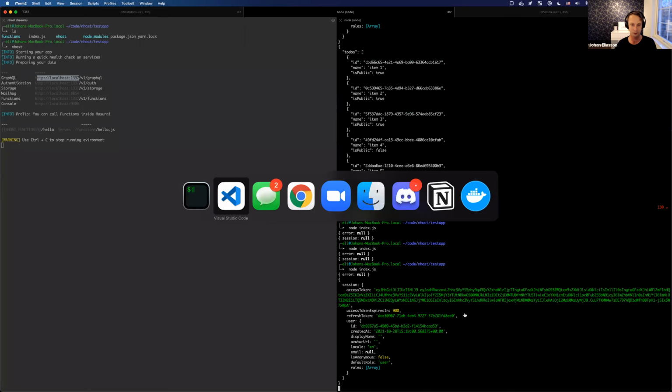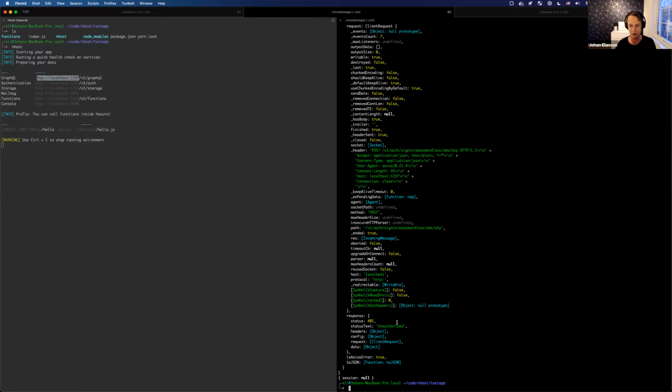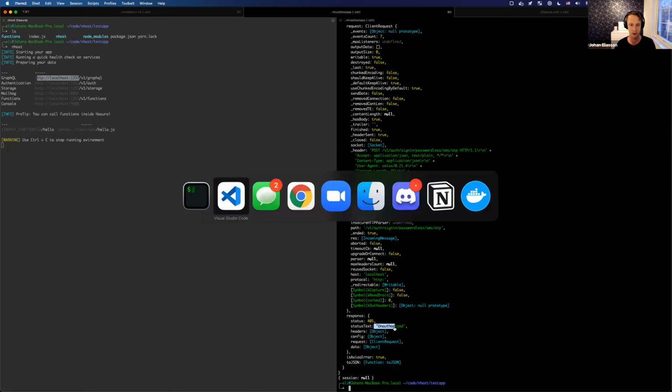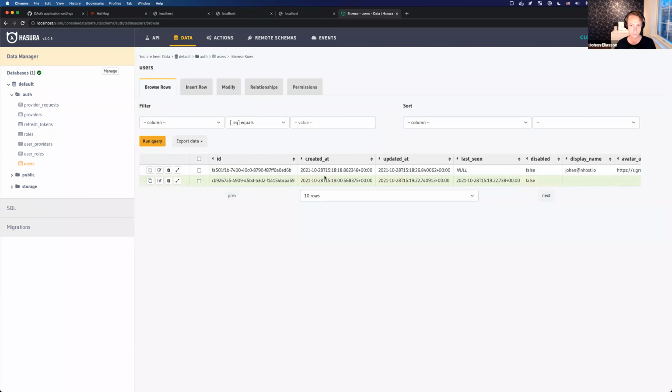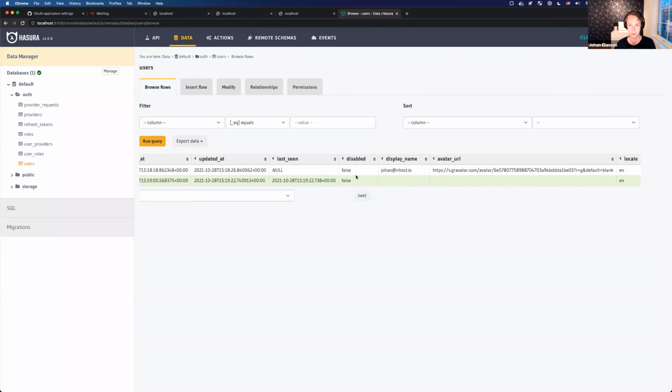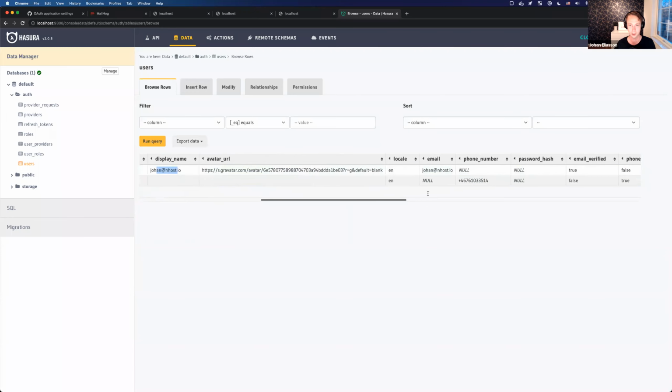And if I do the same request again with the same OTP, I'm unauthorized, because a one-time password is only allowed to be used once. And if we go to the database here, we now have 2 users. One is the one I was using with the email and password, and the other one is the phone number only.